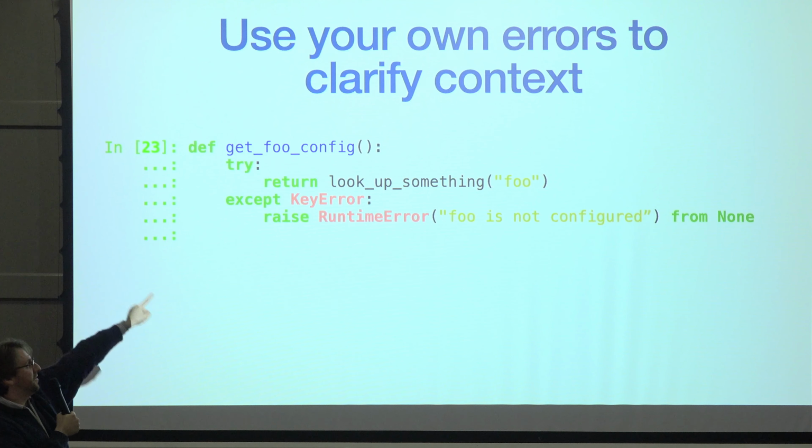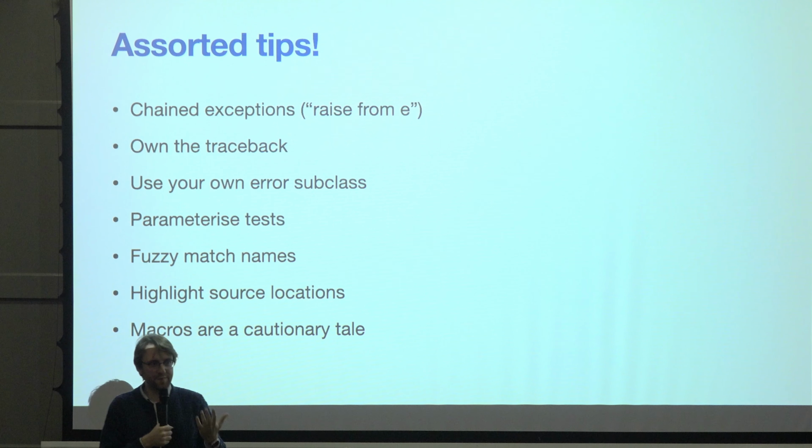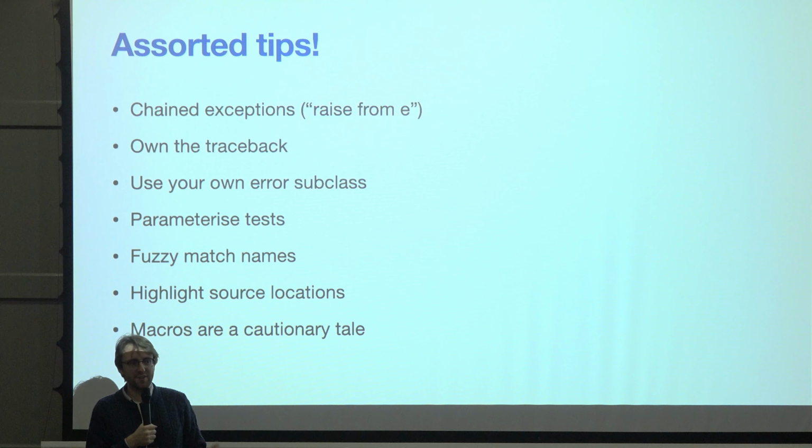Now I can give you a whole bunch of extra tips you can do to make errors better. Chained exceptions, you can do raise from e. I'm not going to go into detail about explaining this, but that lets you explicitly say this error caused this one and give developers much more context about how to understand these things. Own the traceback is a more general case of this. The traceback that comes out with an error message is part of the information you're giving somebody when they see that message, right? Own it. If something is nested ridiculously deep and you can't figure out what's going on, figure out a way to present that better.